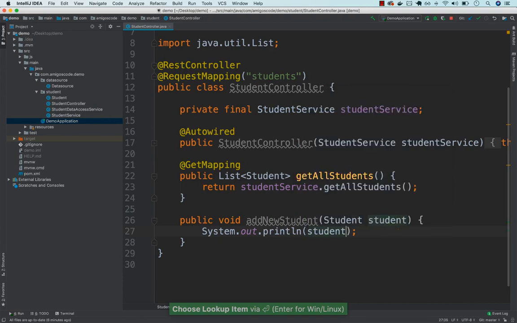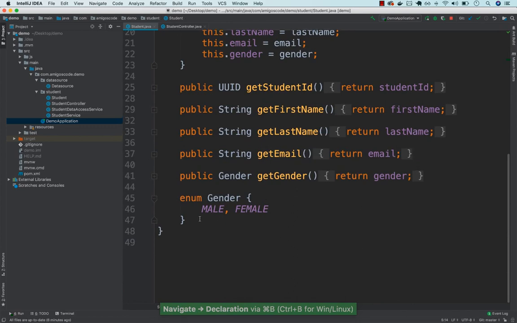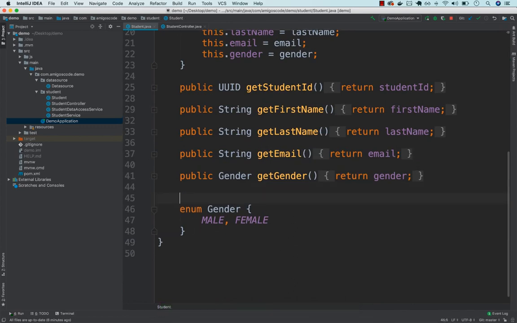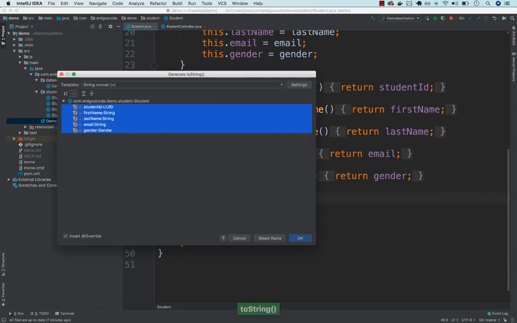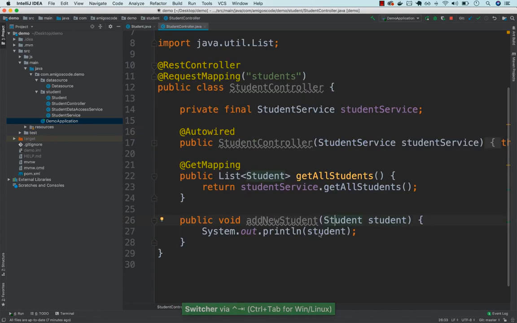So student there, and let's actually go ahead and open up the actual student because we are printing out student, and let's define a toString method right here. So right here, simply go ahead and press Control and then Enter, and then toString, and then select all of these and then OK. And now we have a toString that we can simply use when we print the